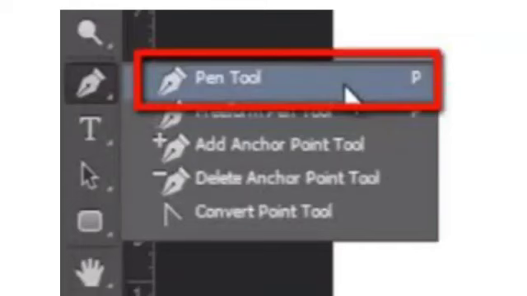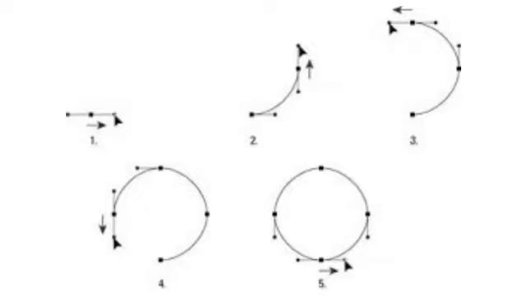Then we can click or drag to set anchor points for additional parts. Complete the path by ending at the beginning point. So this is the procedure while using the pen tool.